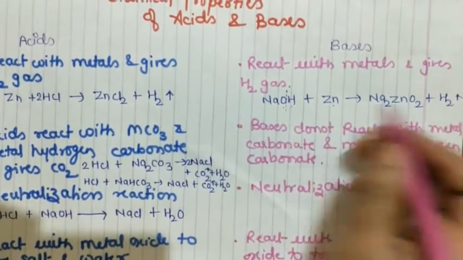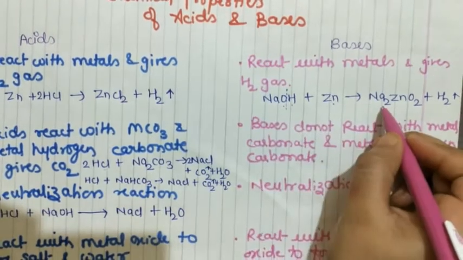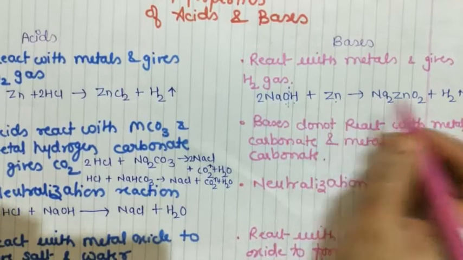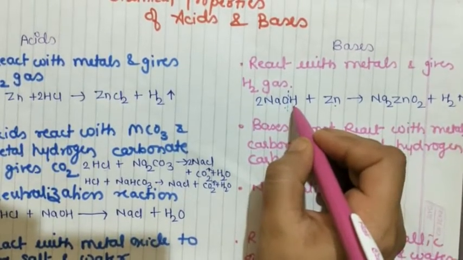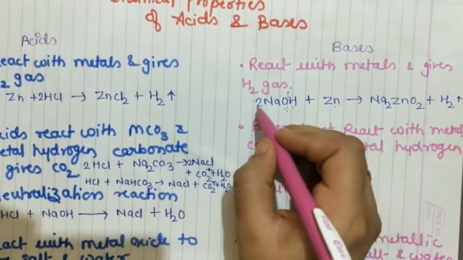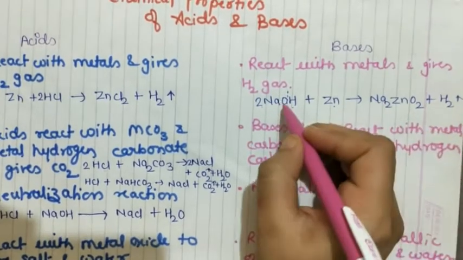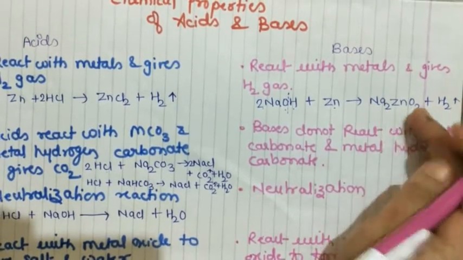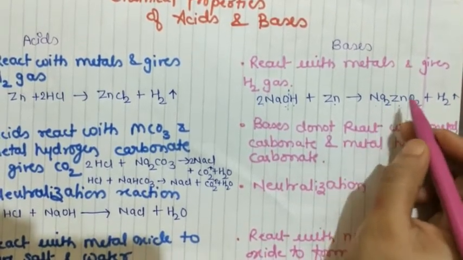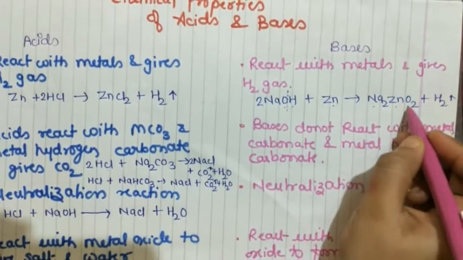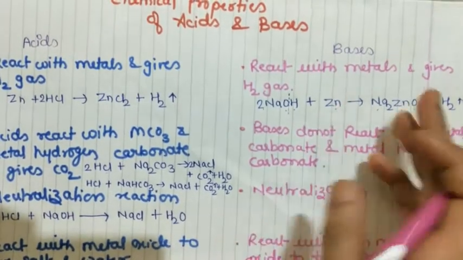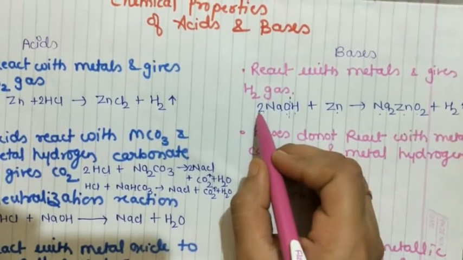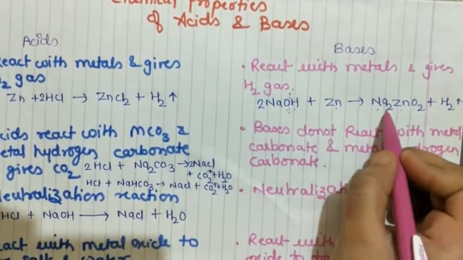How did I write 2 here? Because H2 gas will be evolved, so we will balance it by keeping 2 here. Automatically 2 Na will be written as Na2 and O2 will be written with 2. This is the actual formula of sodium zincate, and because of the valency of zinc we have to balance it by keeping 2 sodium and 2 oxygen. But for your convenience, how to write or check the formula, I have told you: you will just balance it by keeping 2 here and you will automatically get the correct formula.